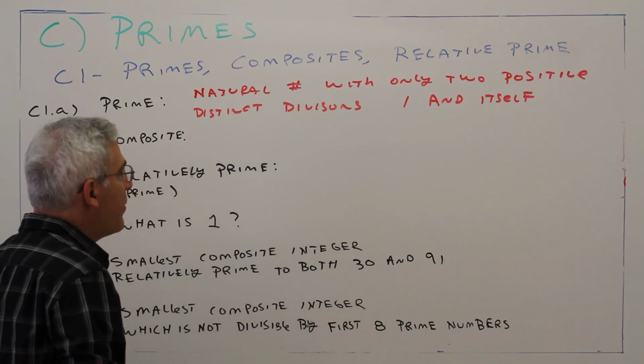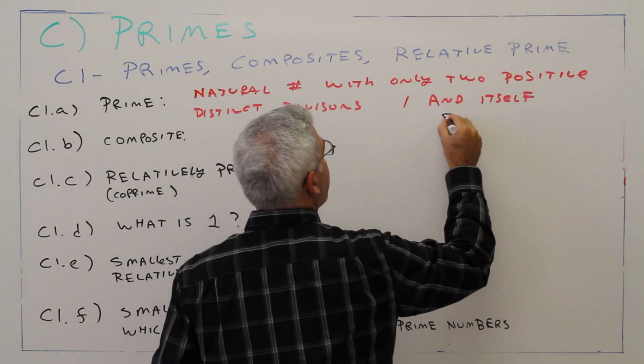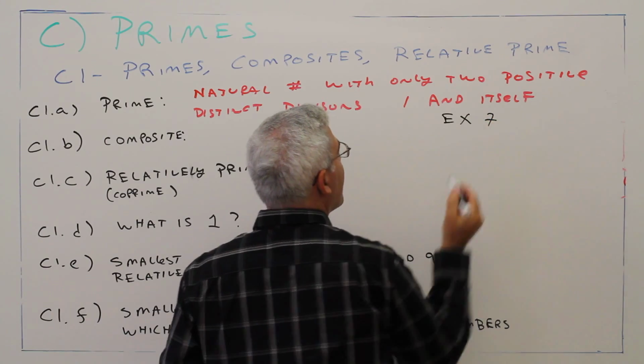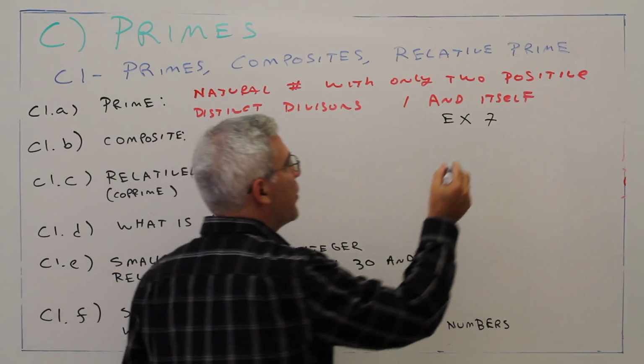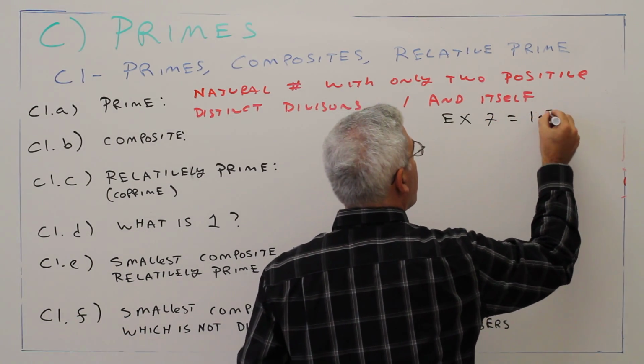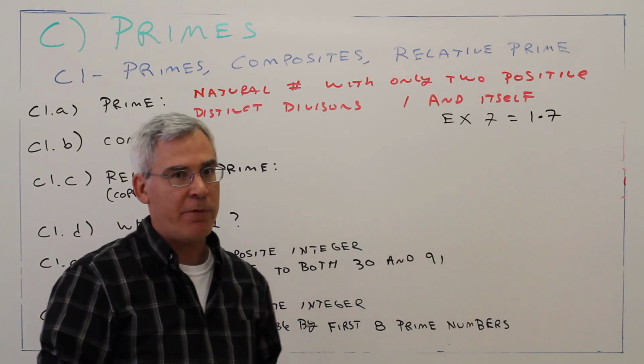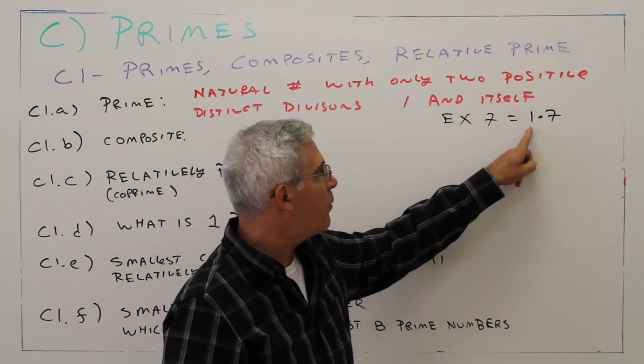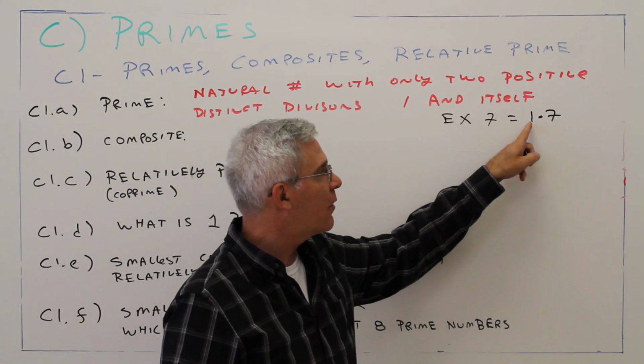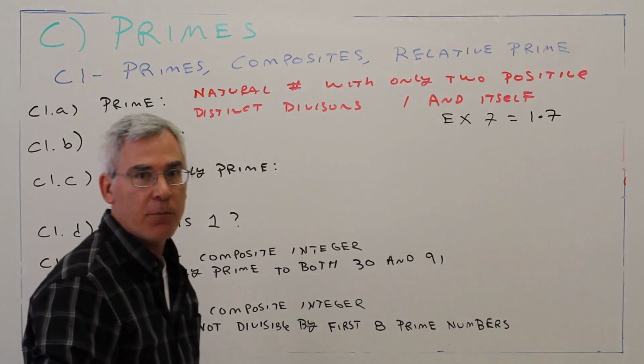So an example would be 7, because 7 is 1 times 7, there's no other divisors, just two positive distinct divisors, 1 and